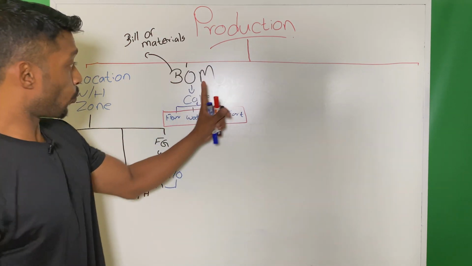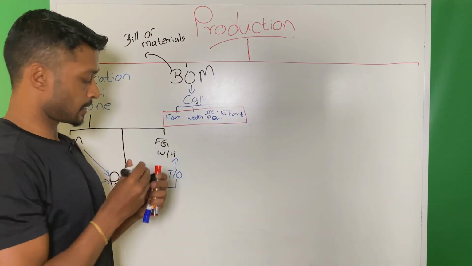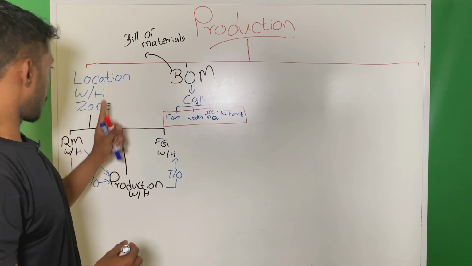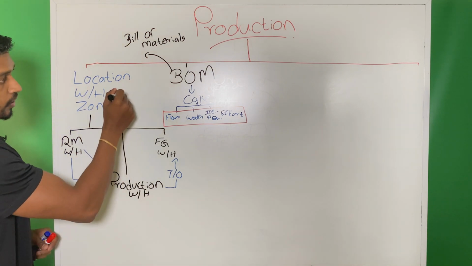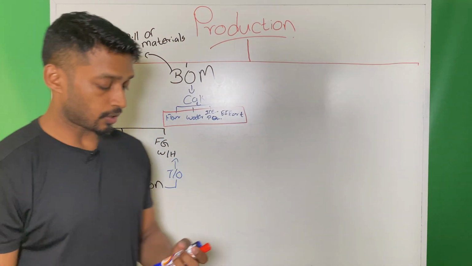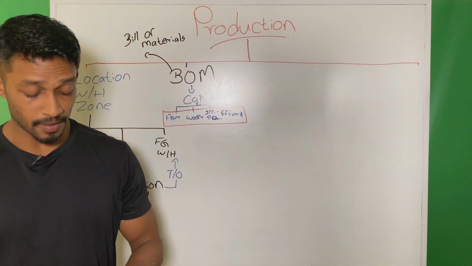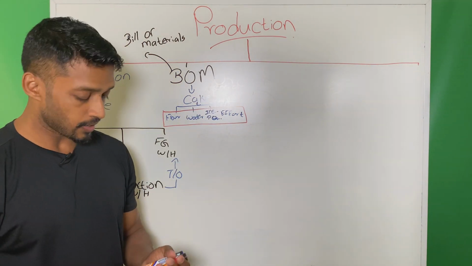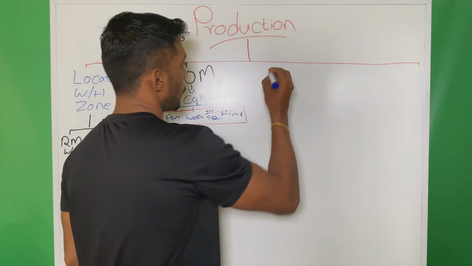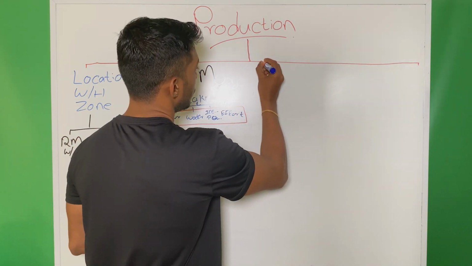Bill of materials, very important one, same as location. Okay, now we know the importance of location, we know the importance of BOM, bill of material. Next one, we have to identify